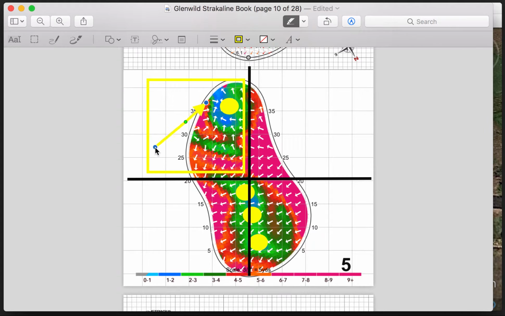This particular chip shot, when you go from front left quadrant into back left quadrant, can be an extremely challenging chip shot. So here's how I want to talk to you about this particular hole. Most of our golfers that I see playing know this green has a lot of slope from